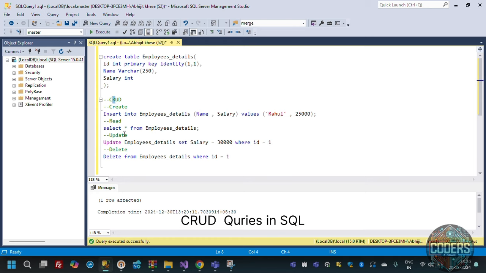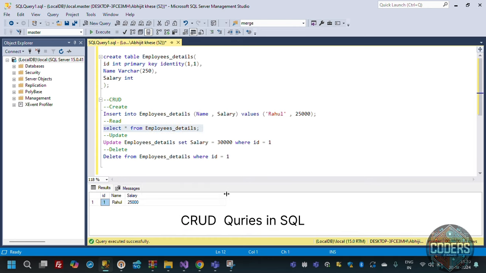Then another is the read. Read means we read the table. Here ID, name and salary. ID, which is the identity,